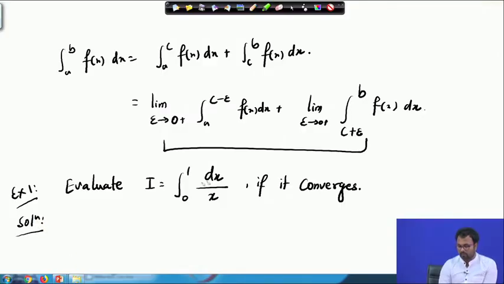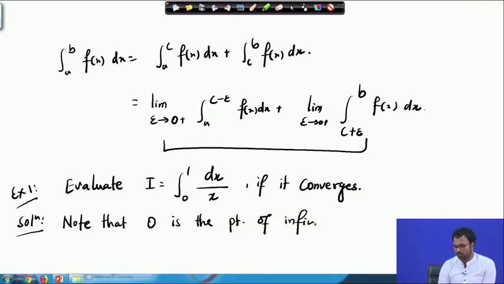So, here we can see that 0 is the point of infinite discontinuity. Note that 0 is the point of infinite discontinuity, or only point of infinite discontinuity. We can use the term only, is the only point of infinite discontinuity, and so I can write my I